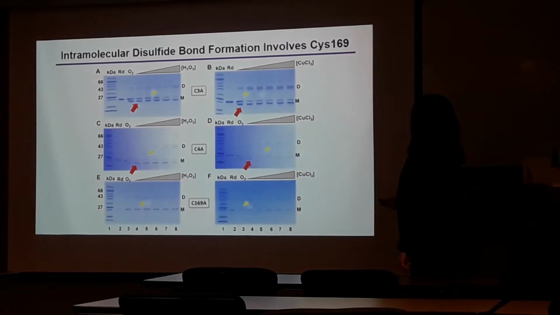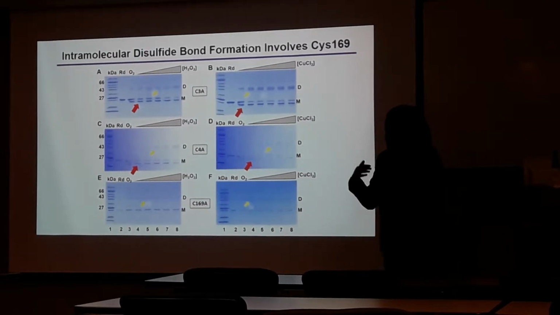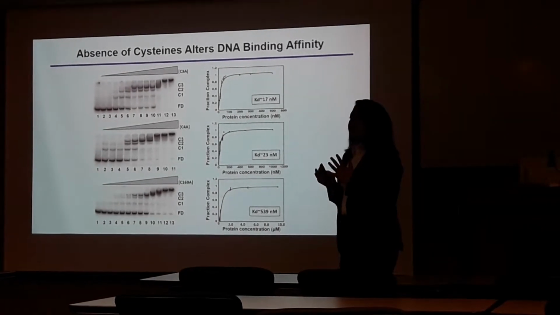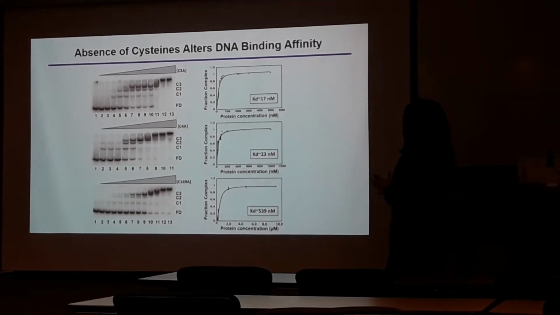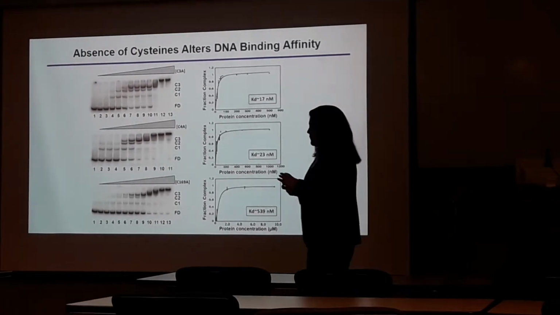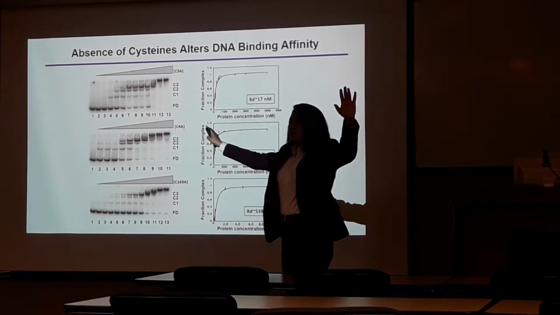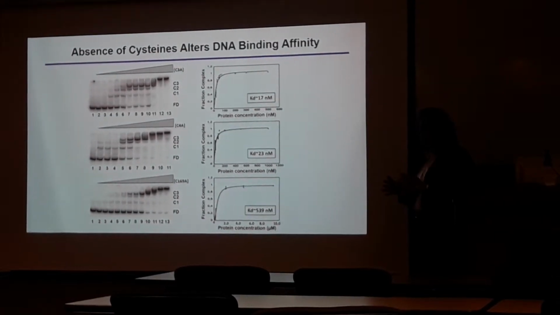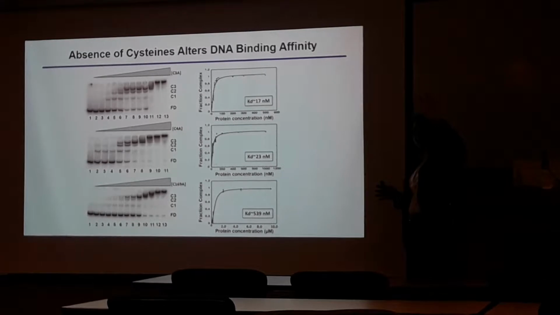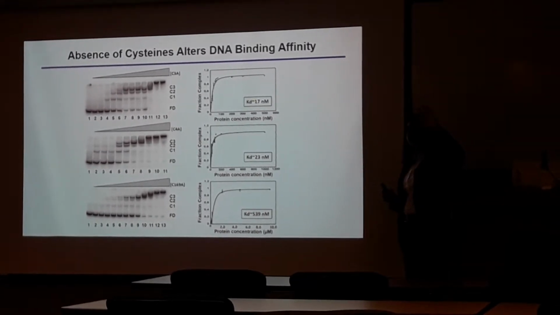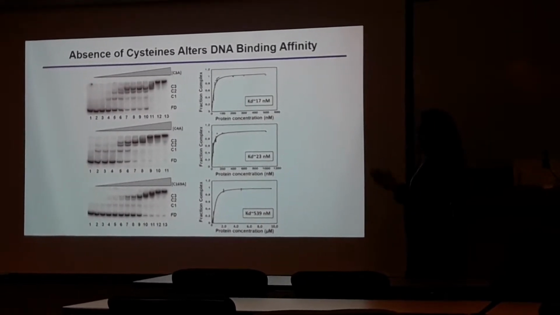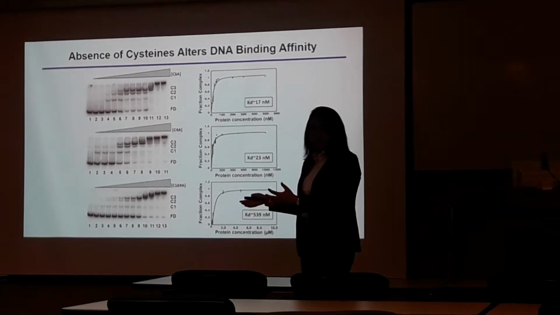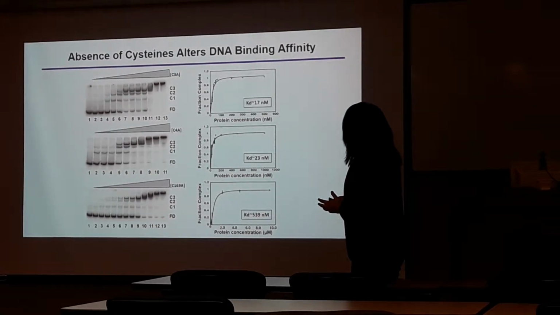Okay, so after seeing this, we were interested to see whether cysteine mutation is affecting DNA binding affinity. So the idea was that if these N and C terminal extensions are not disordered, if they are docked in the protein core, what would you expect to see? That if you are interrupting any of these amino acids, that may affect DNA binding, right? That may affect the conformation of the protein, eventually DNA binding or gene regulation. So that's a possibility we're talking about, right? So what we did